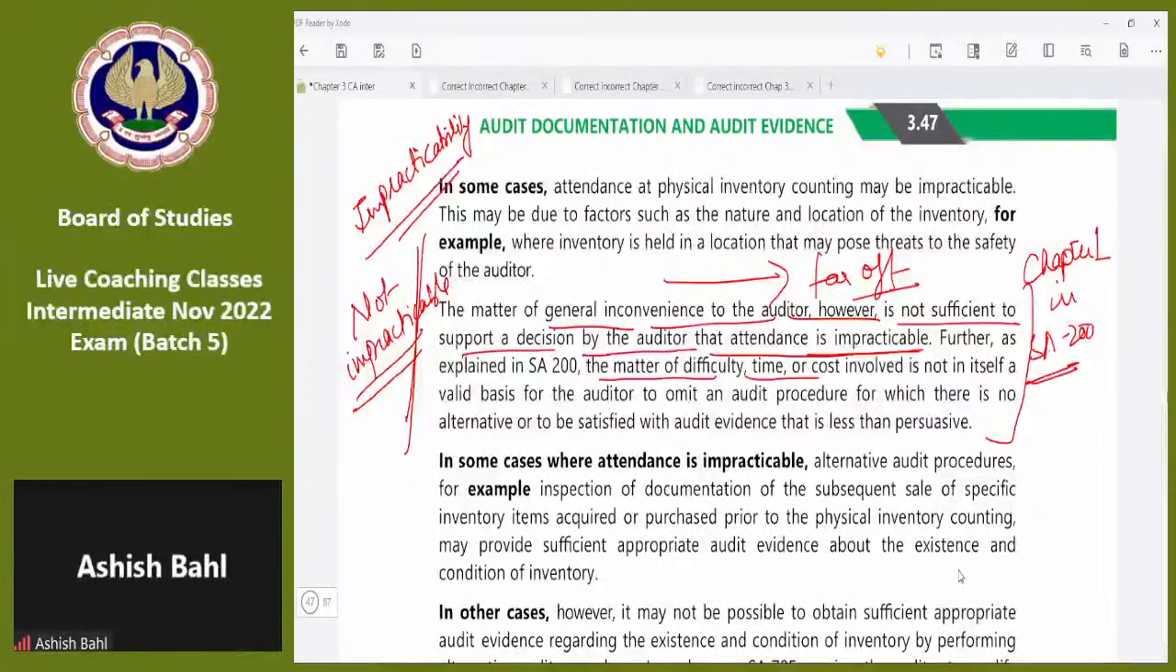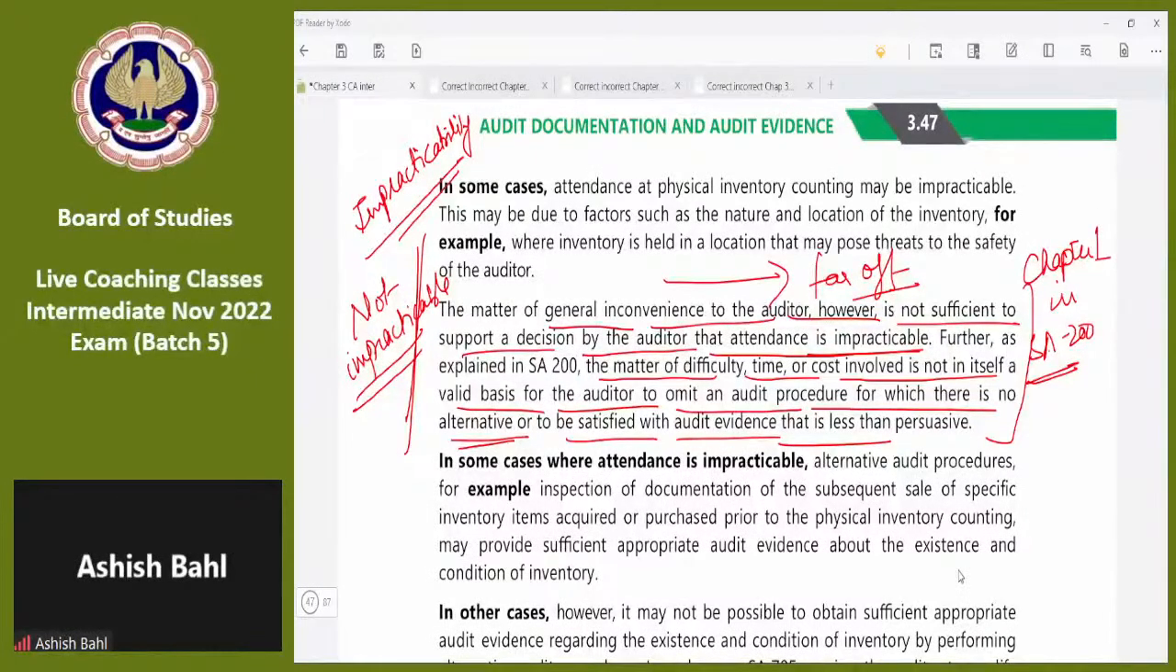That matter of difficulty, time or cost is in itself not a valid basis for an auditor to omit an audit procedure for which there is no alternative, or to be satisfied with audit evidence that is less persuasive. So the auditor cannot take shelter every time that the location was far off, it was inconvenient for me to go, so I did not attend the physical inventory counting process. There has to be sufficient reason for him to state that it was not